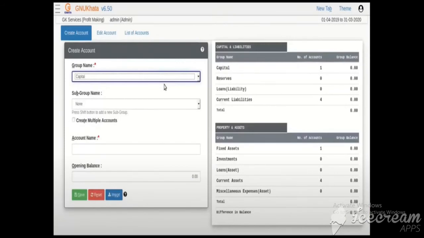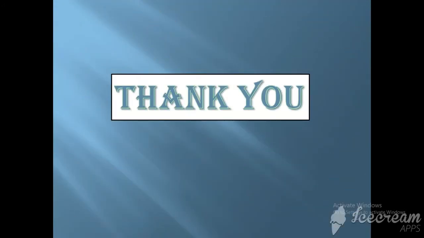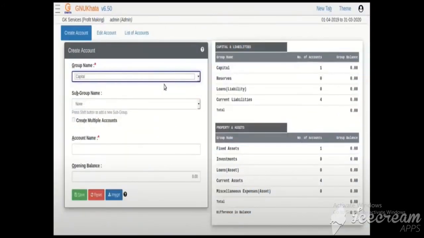This is how you will create an account, and every account is created this way. So now you are able to understand how to create an account. The software is very easy to understand. But first of all, you should install Gnu Khata.